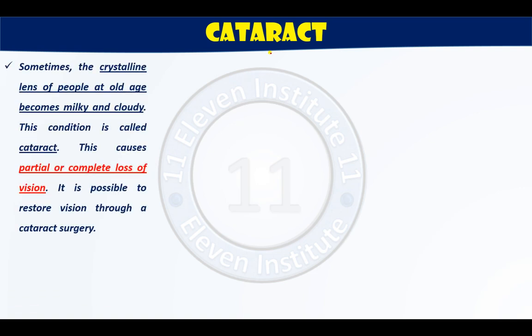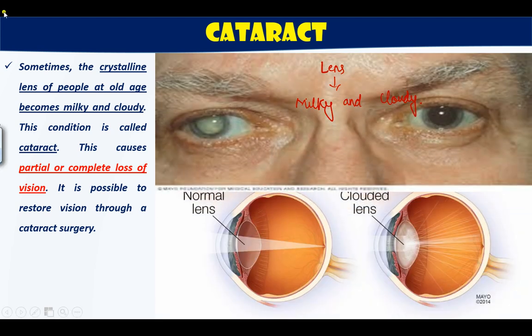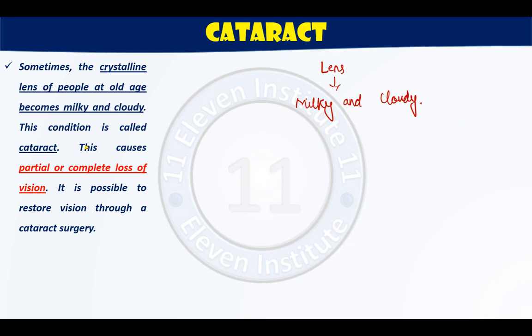What happens? Sometimes the crystalline lens of people at old age becomes milky and cloudy, right? This condition is called cataract. This causes partial or complete loss of vision. What happens? Partial or